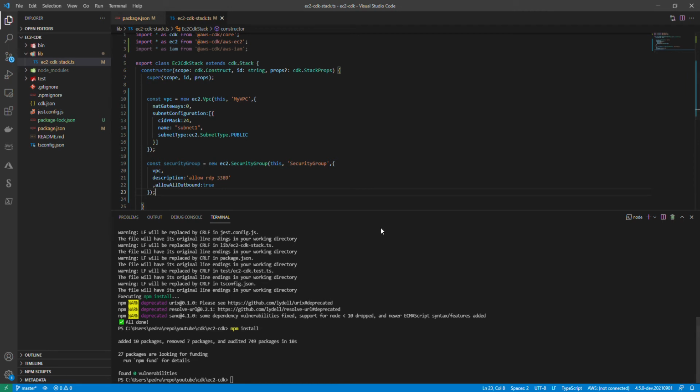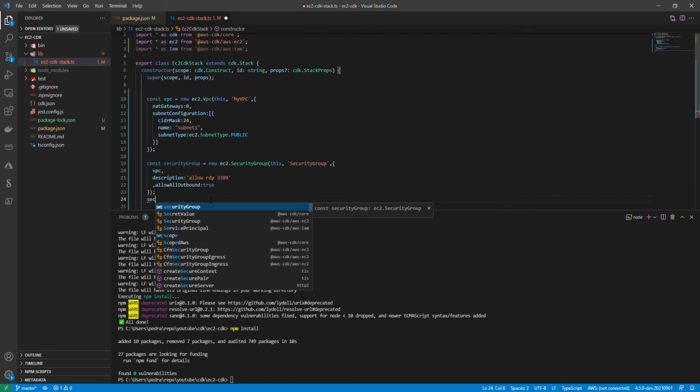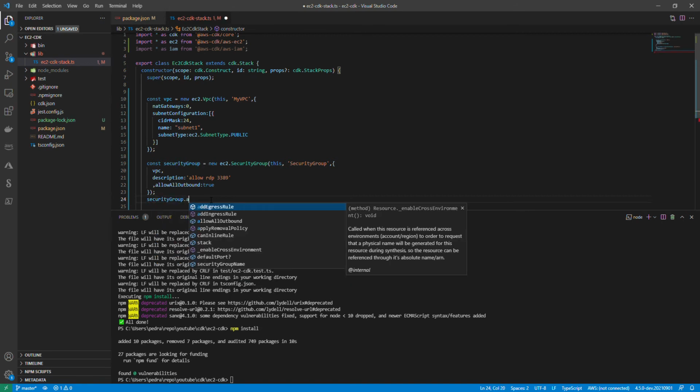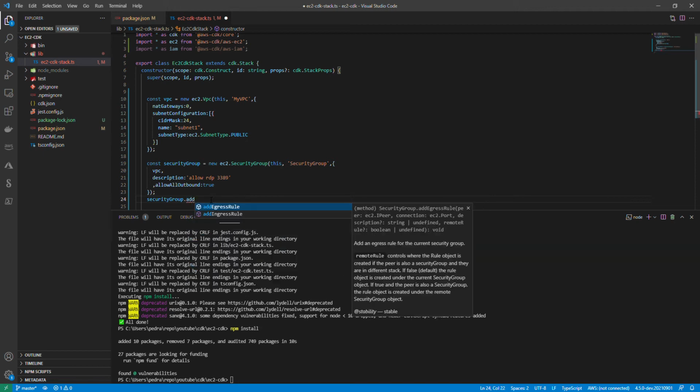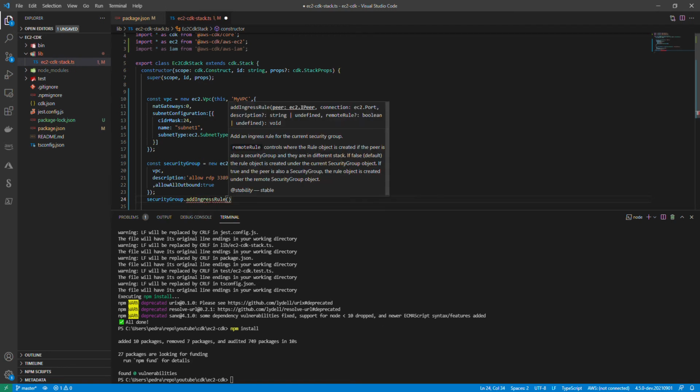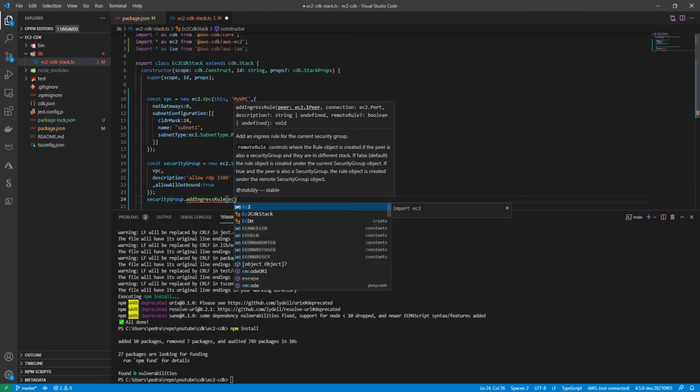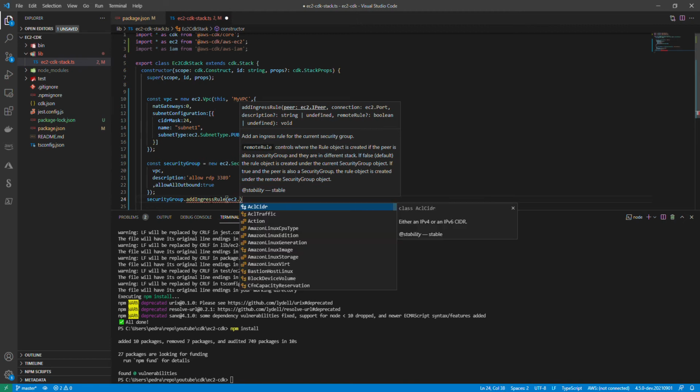And then what we do afterwards is add the ingress rule. So add exactly the port that you want to allow in. I say security group add ingress. You could have the egress outbound and ingress inbound, specifying it here. So I'm adding port 3389 because it's the Windows Remote Desktop connection port